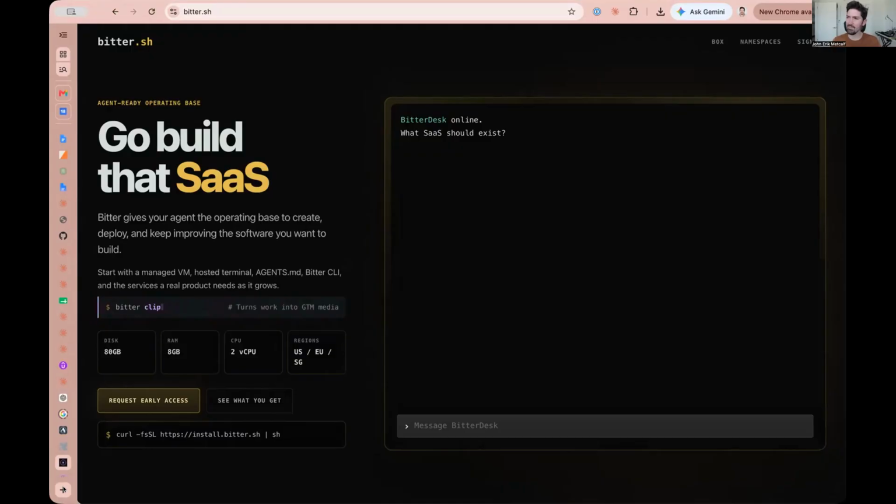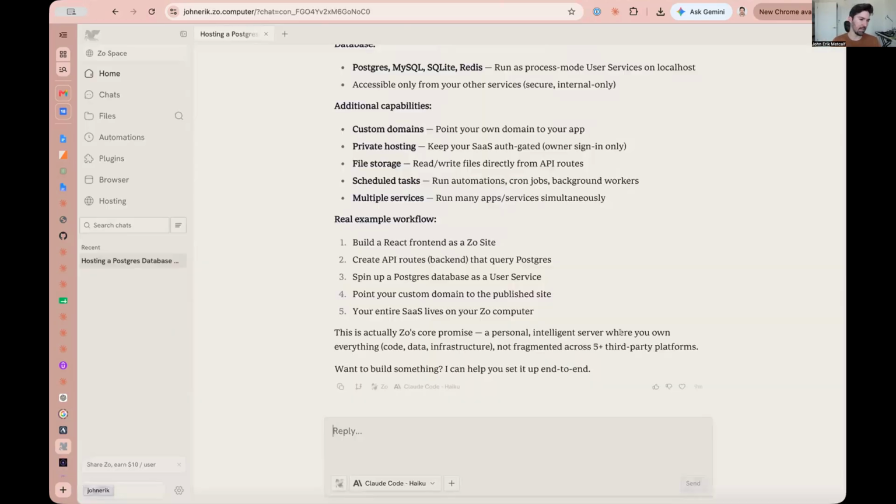If I just think about it right now, I think I know your general mission: help people build things, give people the tools they need and the inspiration they need to get started, to bring their ideas to life. And I'm just trying to figure out what space does Bitter live in and where do the others live?